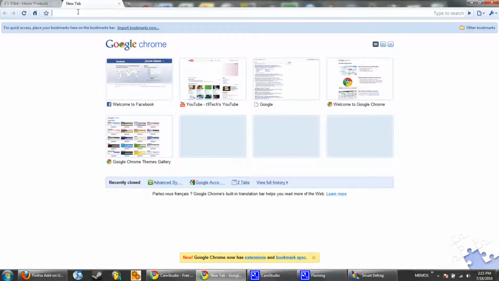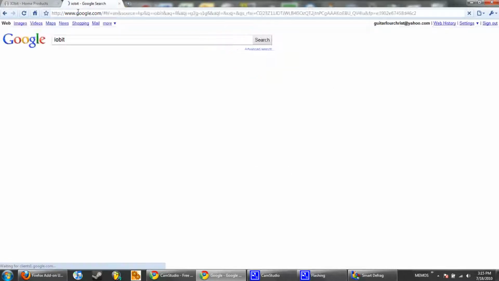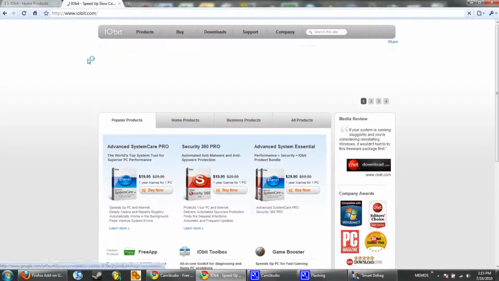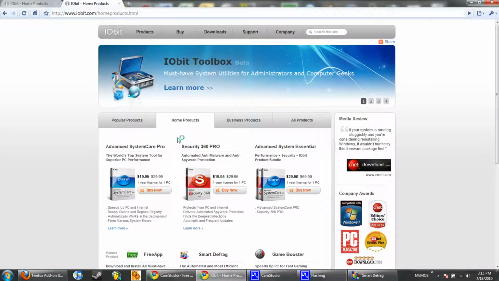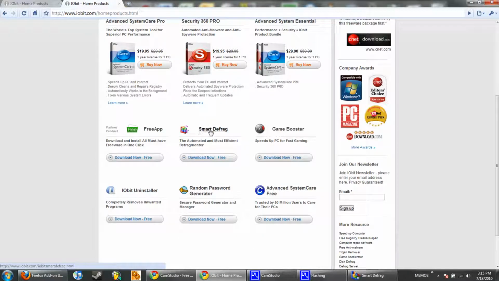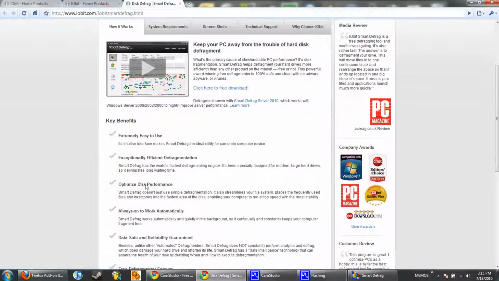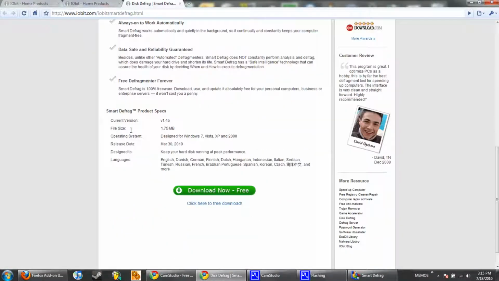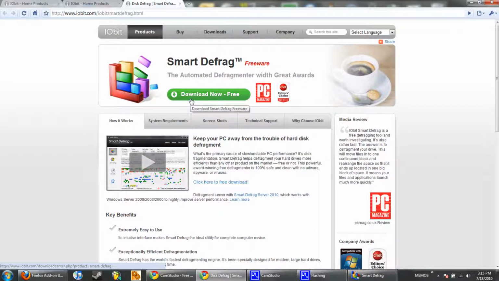So what we're going to do is go to Google and just type in Iobit, and then click the first link, which should be their homepage. Go to Home Products, scroll down until you see Smart Defrag. Go ahead and click that. And then if you want, you can read what it does. It's a defragging optimization tool, so